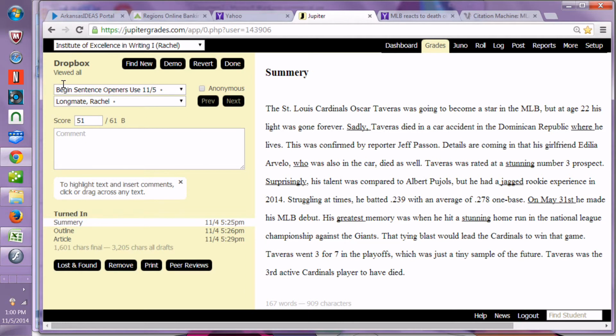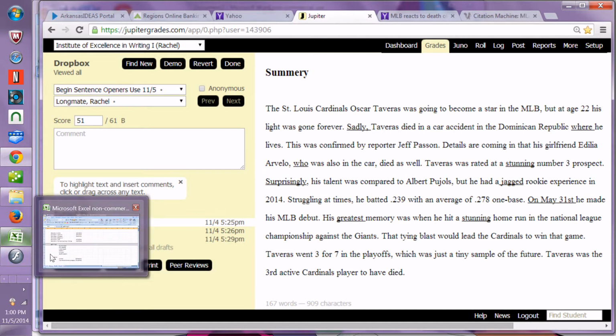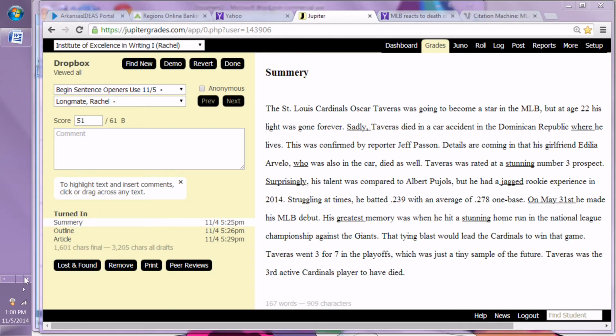So you got a B on this assignment, 51 out of 61. The things that I marked you down for was you didn't have your citation, which was worth 4 points, and also you didn't have your MLA heading, which was worth 4 points. And then you didn't have that subject opener. So let's go to